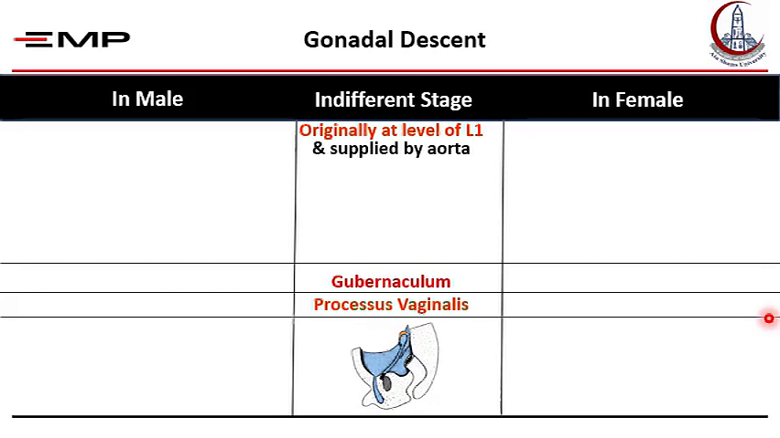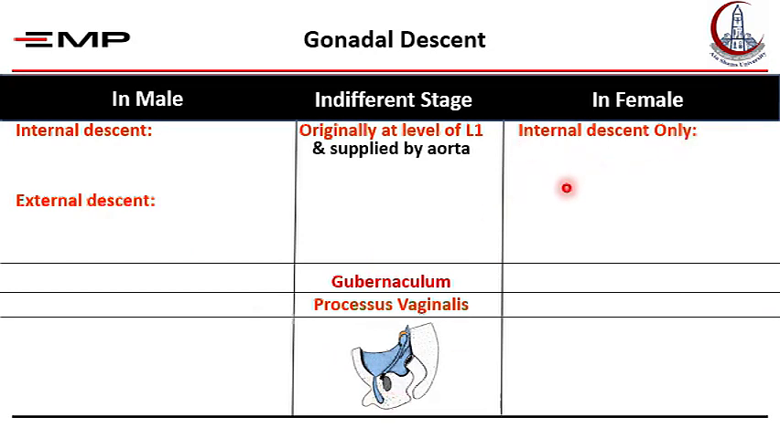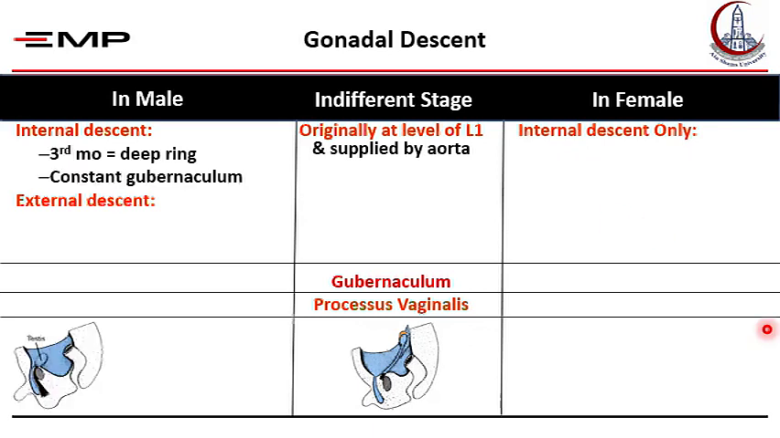Well, how do these things proceed? Descent of the testis is both internal, inside the abdomen till the deep inguinal ring, and external, through the inguinal canal to the scrotum. Descent in the female is internal only, to the pelvis. Okay, internal descent